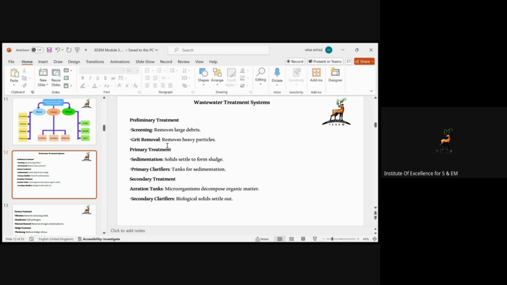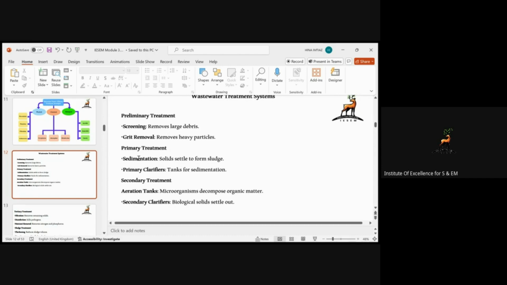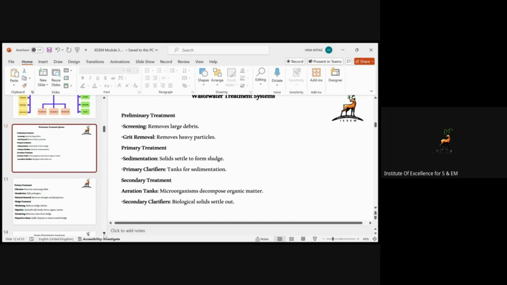Understand? So the preliminary treatment is the removal of light debris with the help of screens, and it is the initial step in wastewater treatment. The second one is the primary treatment. Primary treatment is the second stage of wastewater treatment, in which the wastewater or effluent slowly passes through grit tanks, allowing the fine sand particles to settle down. So I'm going to show you that